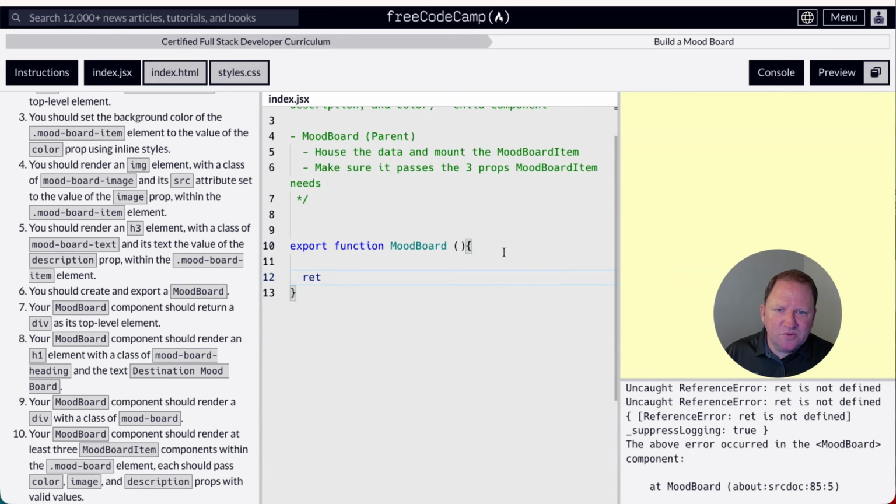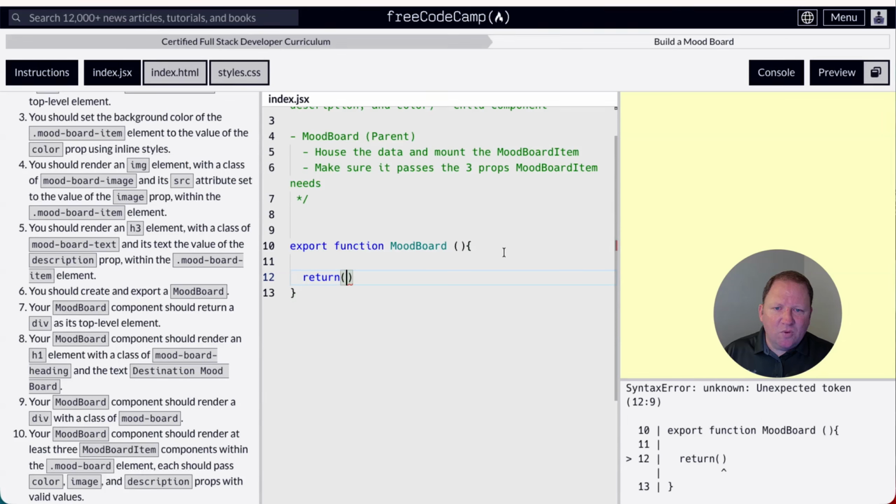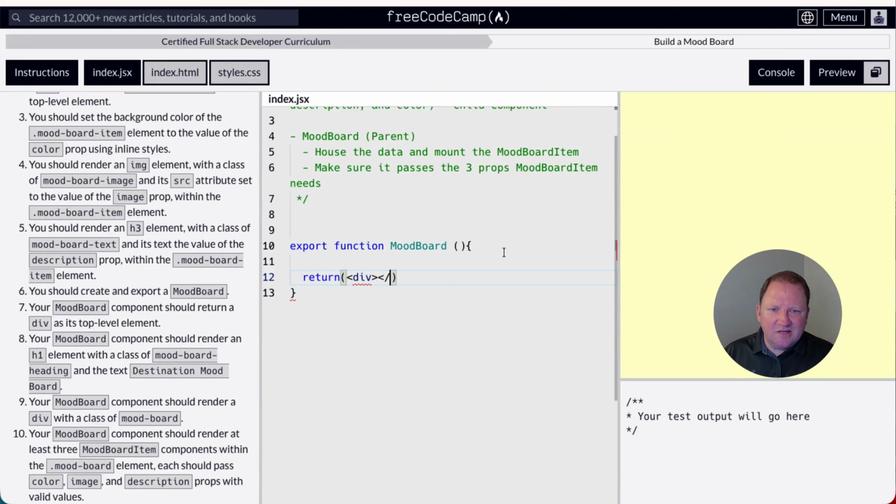Okay. And so I'm going to put a return in here, and I'm going to put the parentheses in here, and then I'm going to simply do a div, and then I'm going to close off the div. And as of right now, I just want to see if anything displays on the page. And I'm just going to type in hello from mood board. Okay. And so we should see text on here now. And I do. Okay. And so that means that, hey, we have some linkage there. We are importing everything correctly. This function is returning something. Okay. So now that I know that this works, I'm going to go ahead and erase this part here,